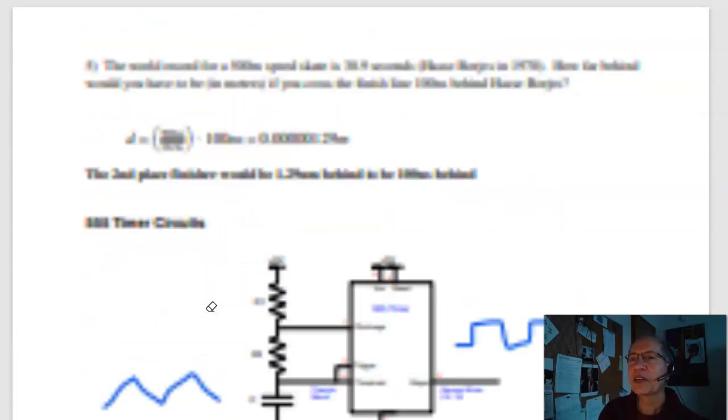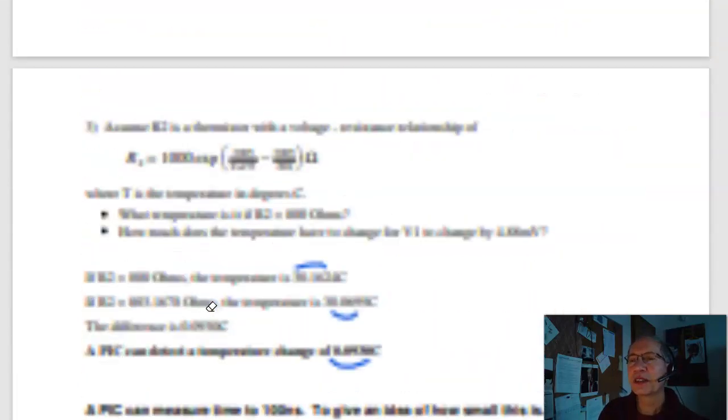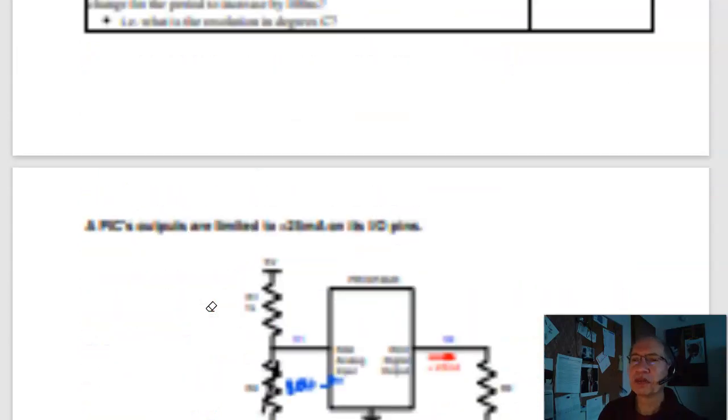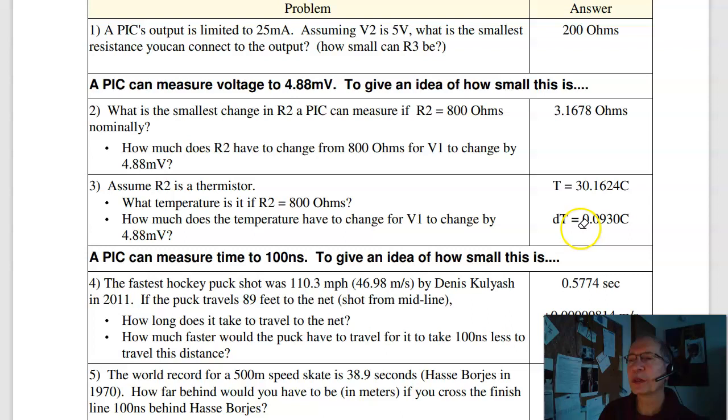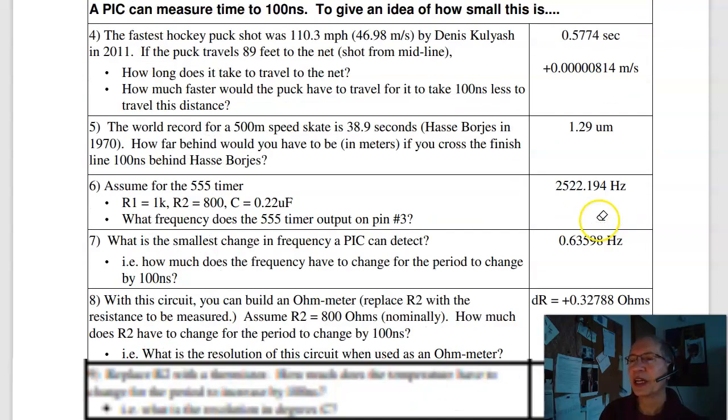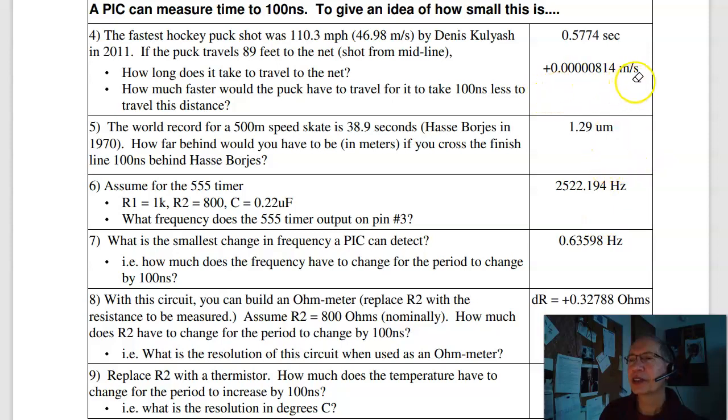Just kind of a background: how much can a PIC drive? You need at least 200 ohms at the output. I can measure voltage to 4.8 millivolts. What's that mean in terms of resolution on resistance and temperature? I can measure time to 100 nanoseconds, so I can measure speed to